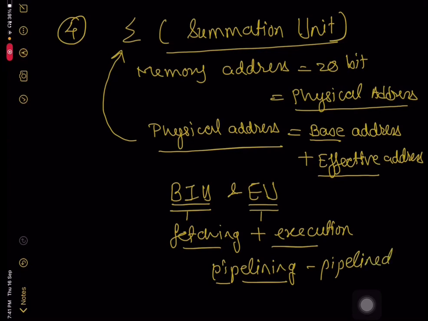In the previous versions of the microprocessor, this facility was not available, but in the 8086 microprocessor, the bus interface unit fetches the instruction. At the same time, execution unit keeps on executing the instruction brought previously by the bus interface unit. So when fetching and execution move parallelly, it is called pipelining, and pipelining increases the speed of the microprocessor. So this way the architecture of 8086 is said to be a pipelined architecture.